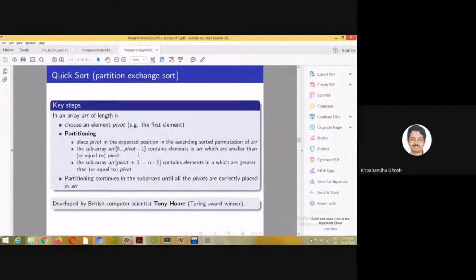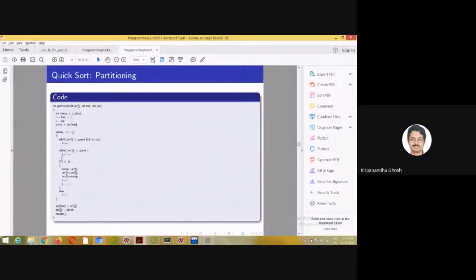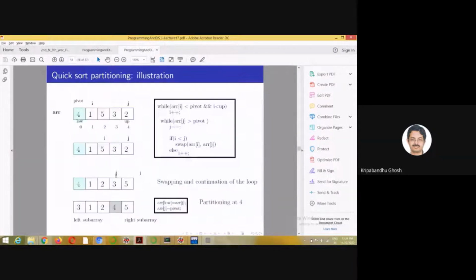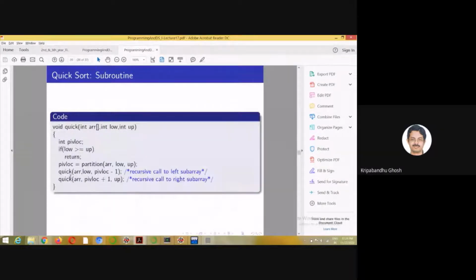The partitioning is basically called recursively for these two subarrays until each subarray contains a single element. So quicksort is a recursive function, and it calls partition, and after each partition quicksort is called recursively on the left subarray and right subarray, and this goes on.